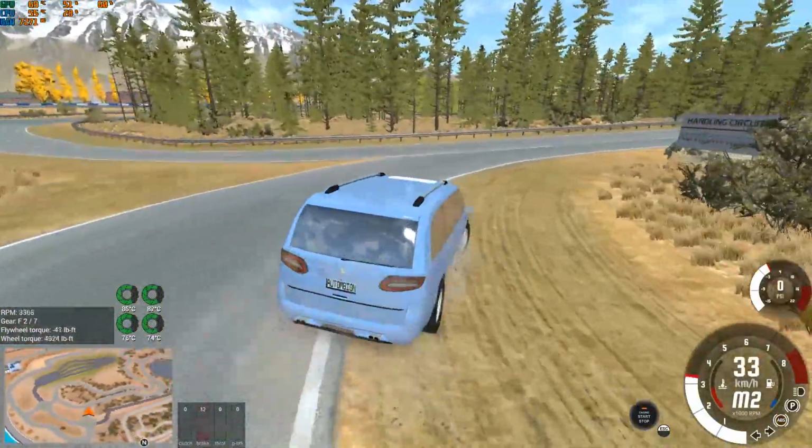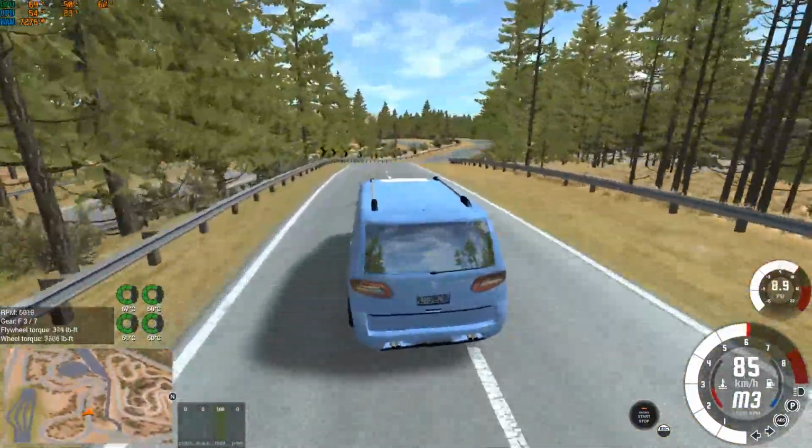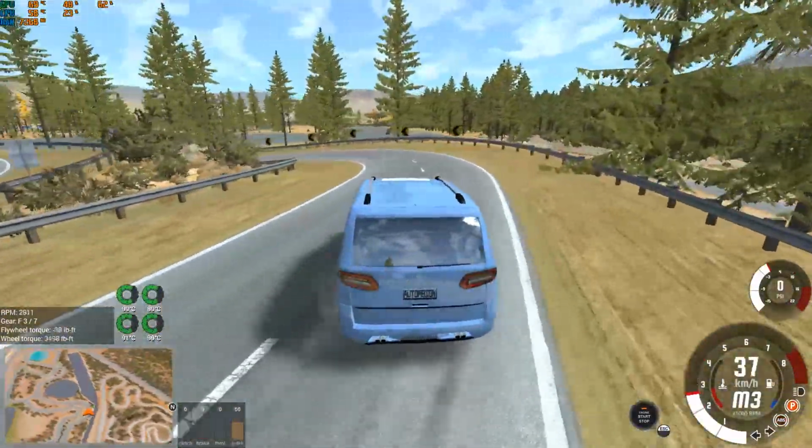It's pretty balanced, I like it. Alright, welcome to the handling circuit. Let's see how this thing will handle. Well, it's still a heavy thing, so...